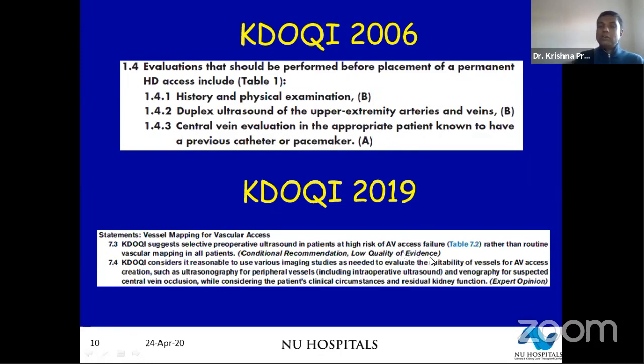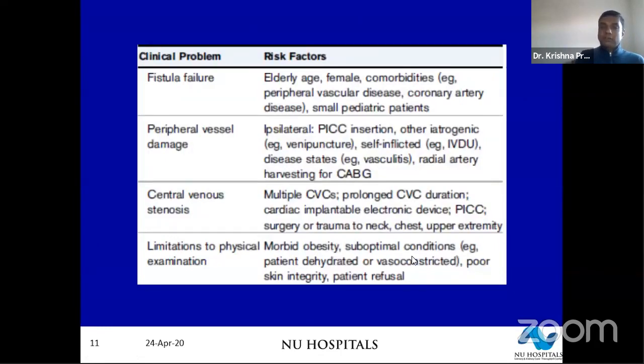But look at the quality of evidence and recommendation. It's a low quality evidence and recommendation. So personally, I would probably do a vein mapping for every patient I would take up to theater. I don't want to be having surprises. What are the high risk patients that you would want to do a Doppler or an ultrasound for, if you want to do it?